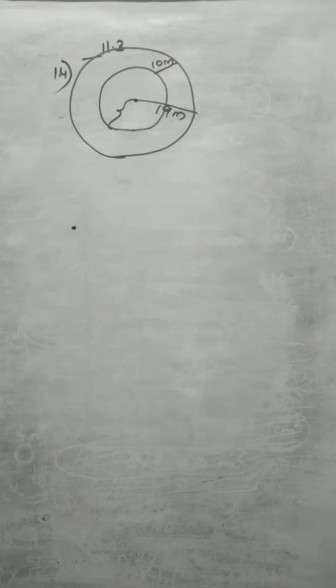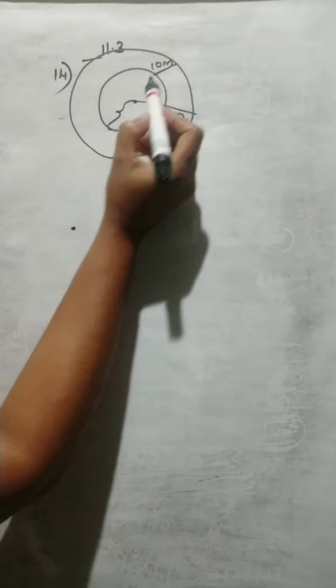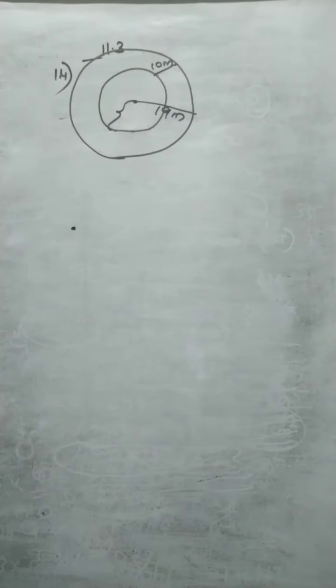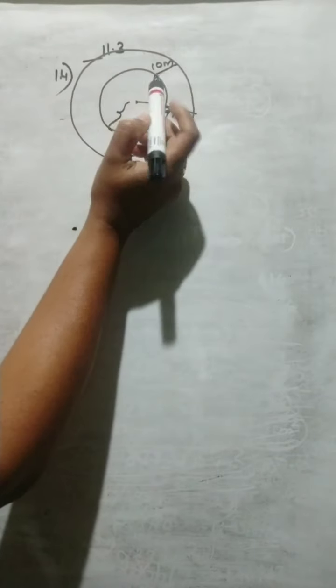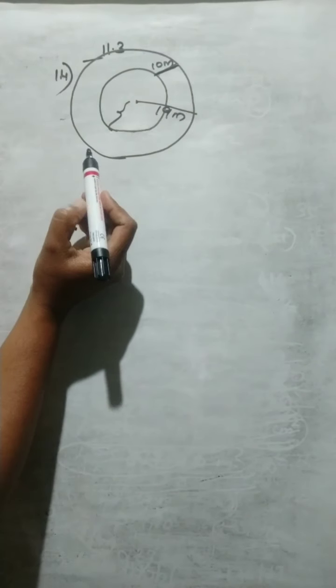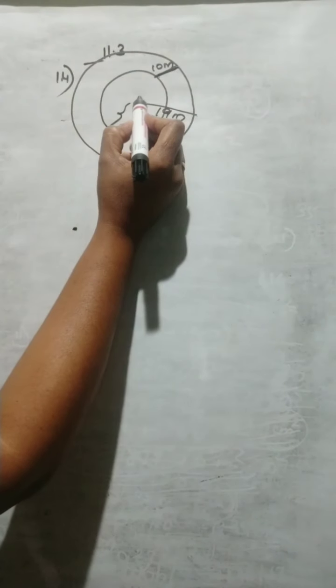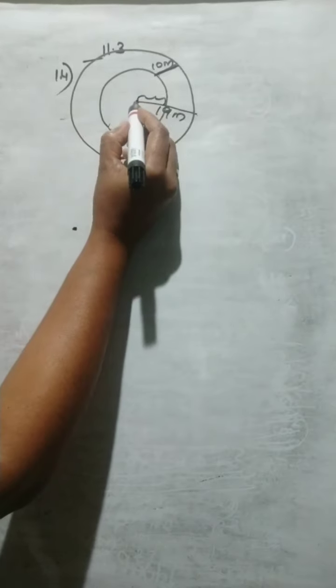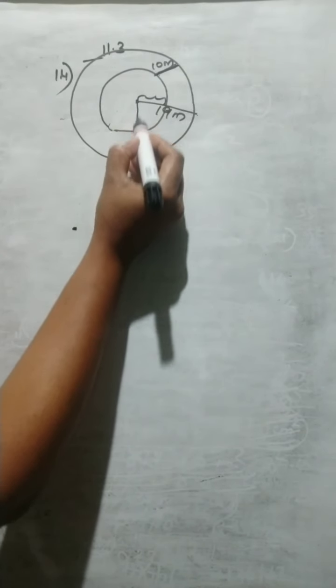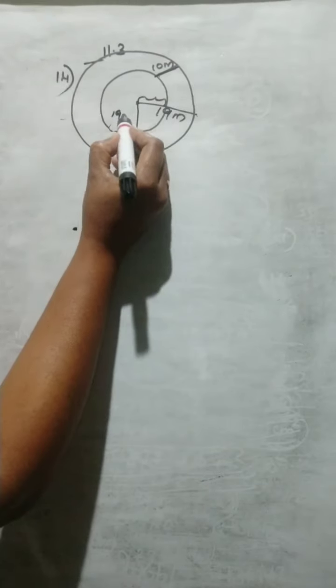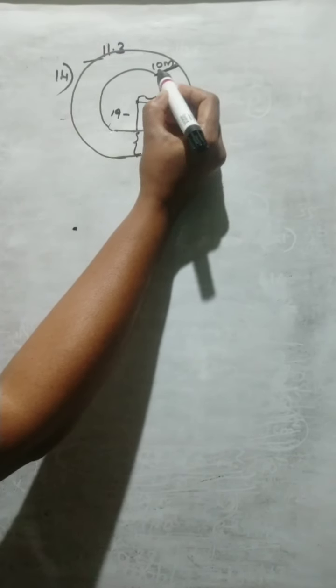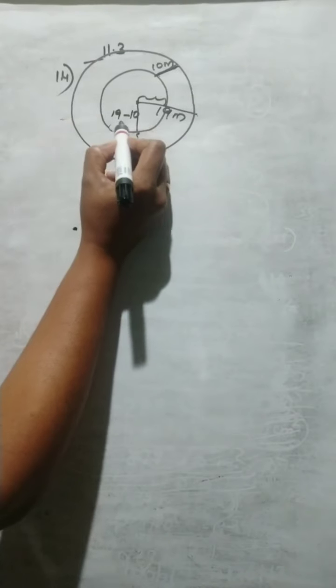There is one figure. Find the circumference of the inner and outer circles shown in the adjoining figure. First we have to find the distance from here to here, that is 10. From the center to this part, that is 19. So what will be this part from here to there? Total from here to there is 19, minus the part from here to here, which is 10. So 9 meter is the